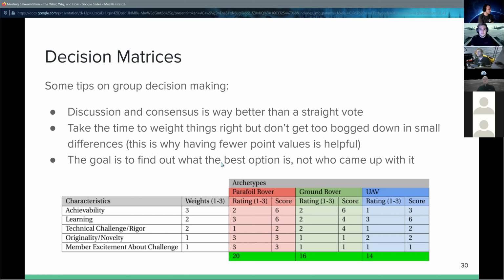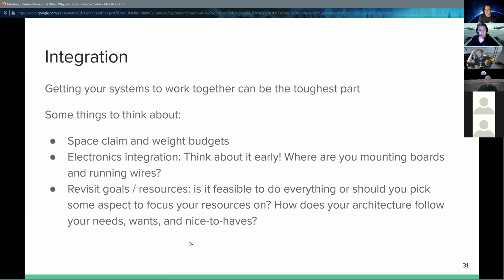And then one last thing: you are a team, you're working on figuring out your team's best idea. It doesn't matter who came up with it. You'll probably forget it in a week anyway. So yeah. And then one last thing is integrating all your ideas at the end is another one of the